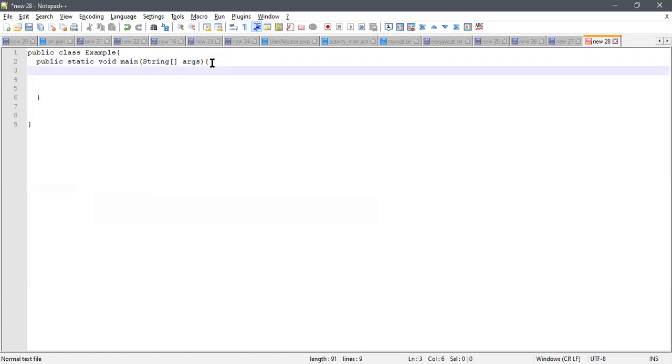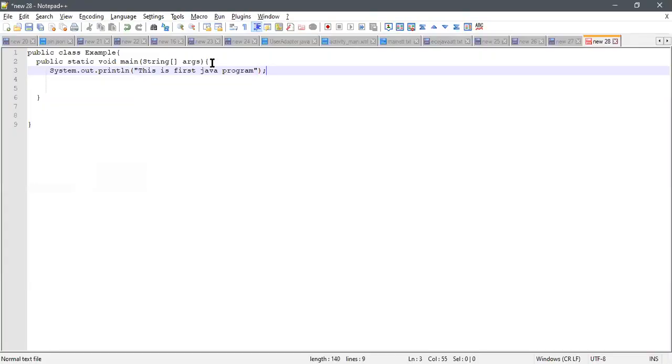Now I'm going to print System dot out dot println, and in between the quotations, this is the first Java program. Okay, it ends with a semicolon.